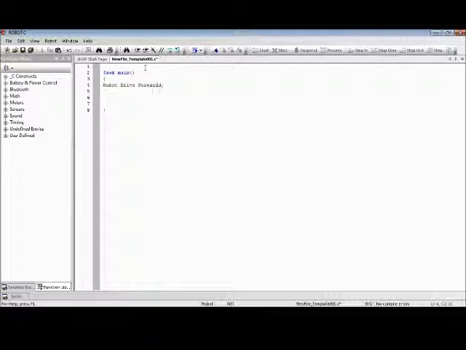Instead of saying robot drive forwards, you would have to write motor[motorA] equals 100. But what does that mean? Simple. It effectively tells motor A to set its speed to 100. So, like you said, you've got to understand what you're doing here. If your robot was driven by one motor, that would be fine, but if it had a dual system, you would have to say motor